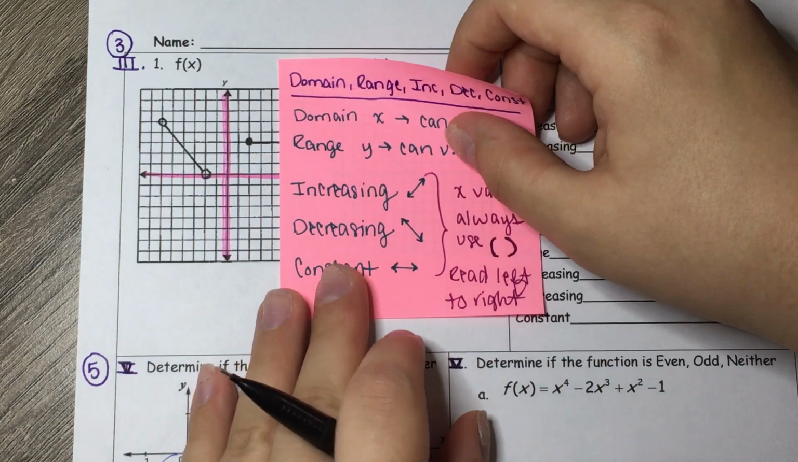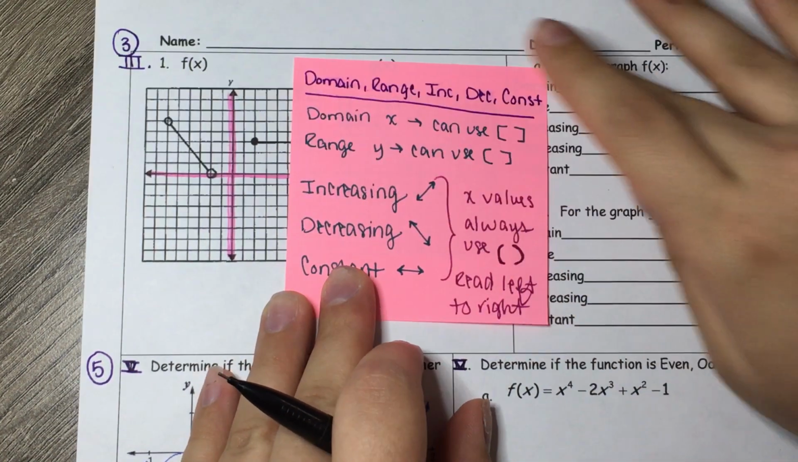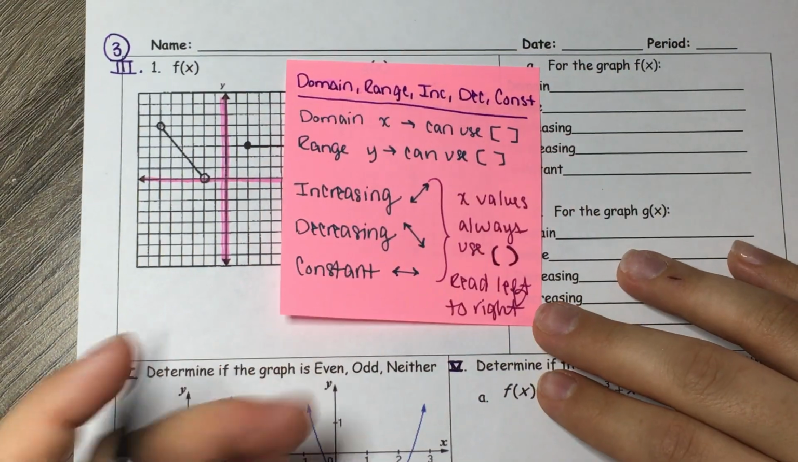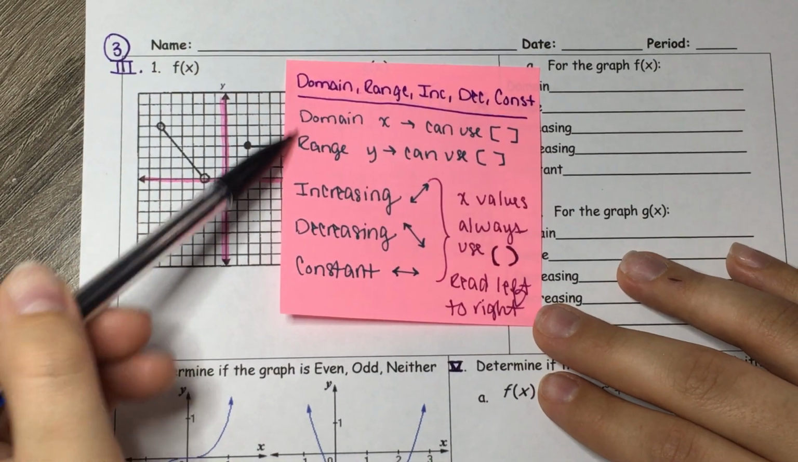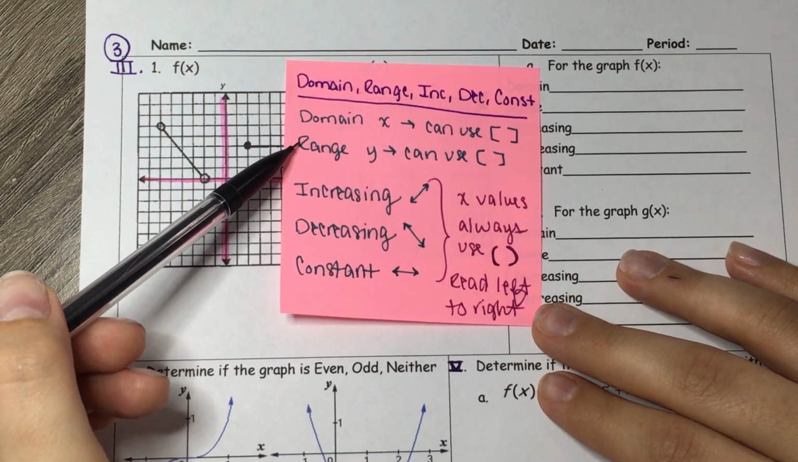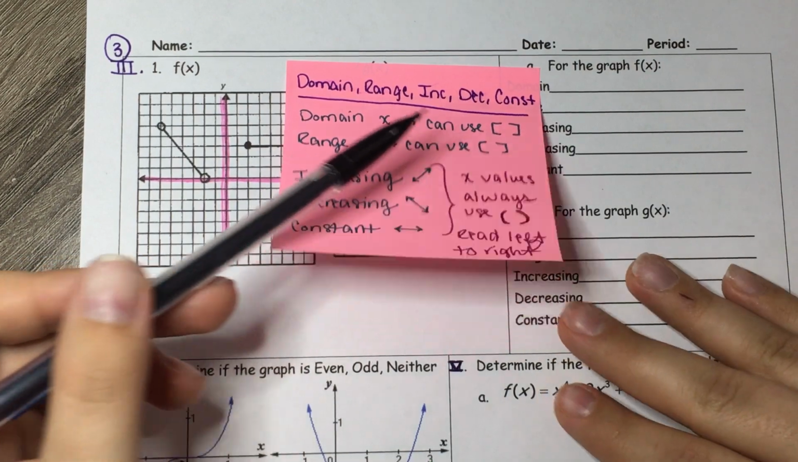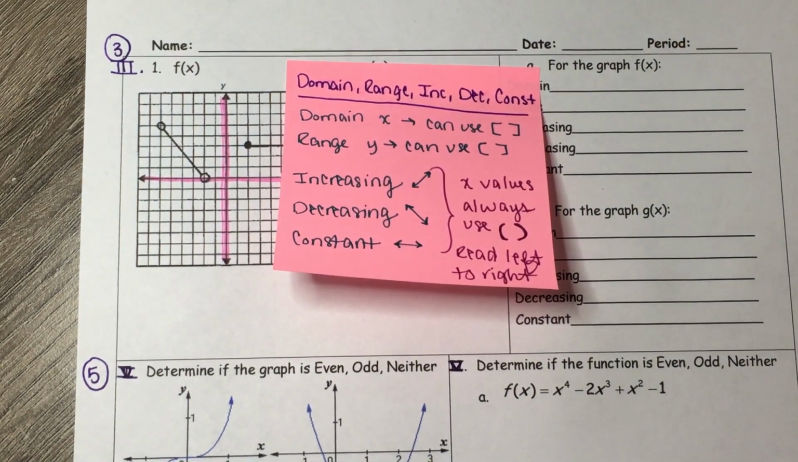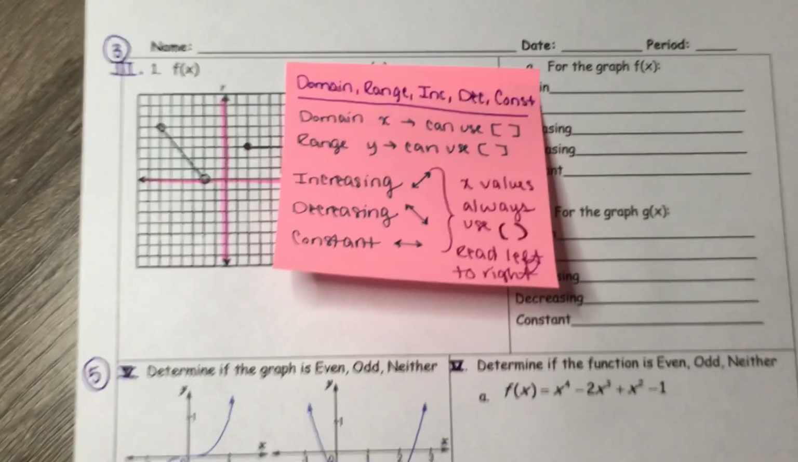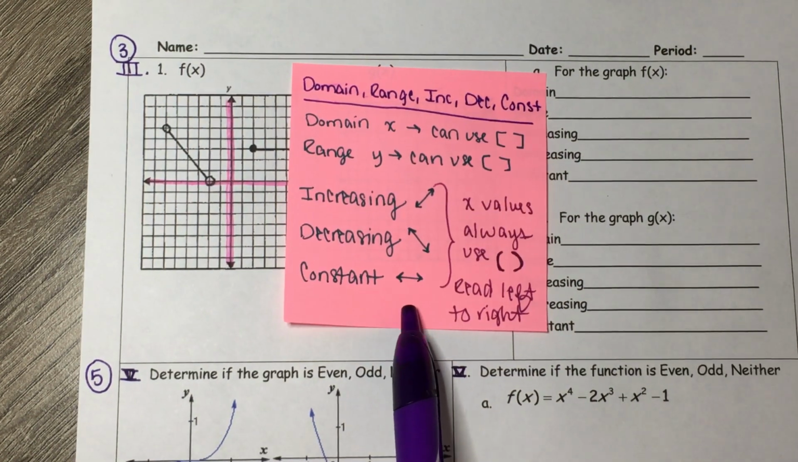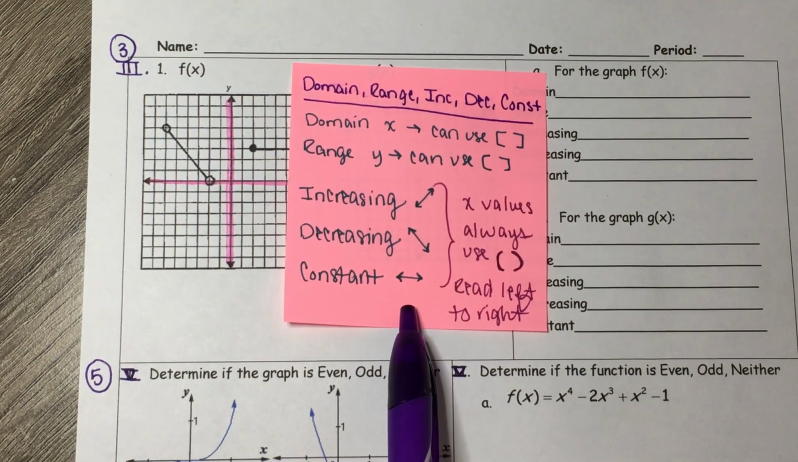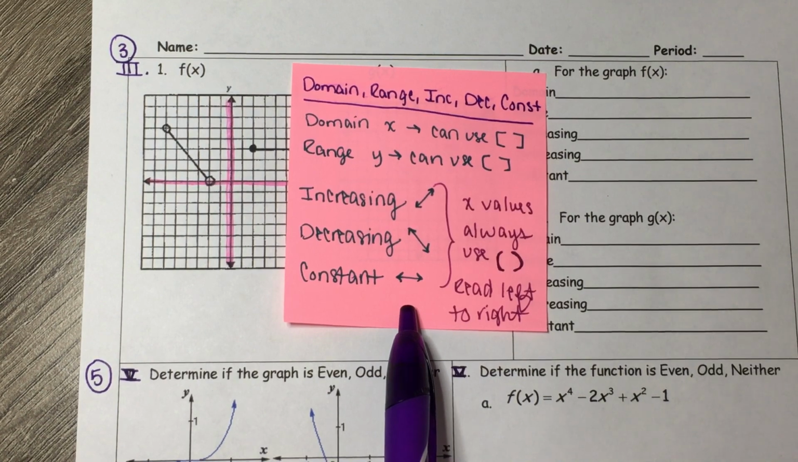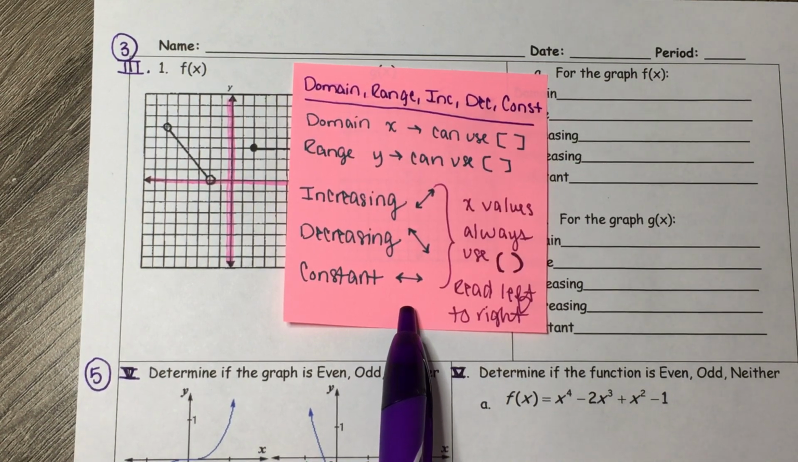All right, here are our quick sticky notes for the next topic, with domain, range, intervals of increasing, decreasing, and constant. Domain is your x value, range is your y value. With domain and range, you can use a bracket, but you're only going to use a bracket when you have that filled in circle. Increasing has a positive slope, decreasing has a negative slope, and constant has